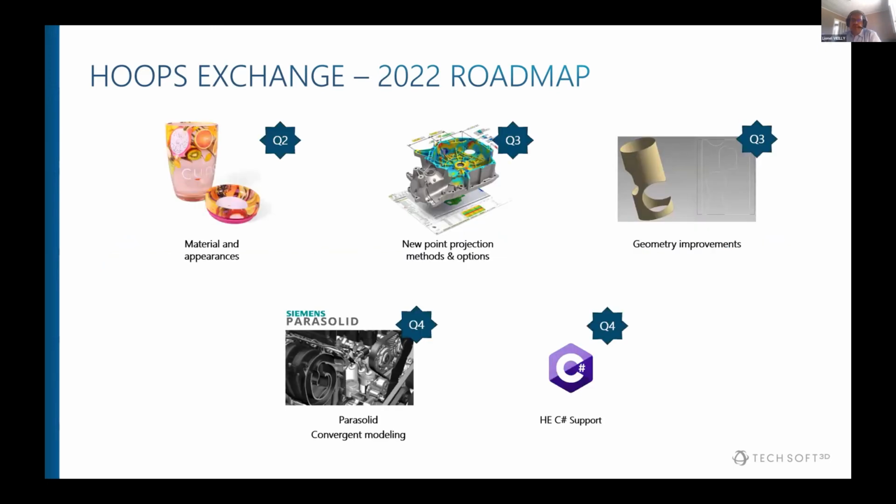So we have a bunch of other initiatives, projects. One is about material and appearances. 3D printing solution providers, as well as manufacturing as a service companies, need support of appearances. Appearances means colors, material, textures, and this is helping when it comes to printing prototypes, and also in some cases functional parts. So Exchange is already supporting material and textures for several formats, and our focus this year will be to go further by adding the SolidWorks decals. Decals are a particular type of textures.